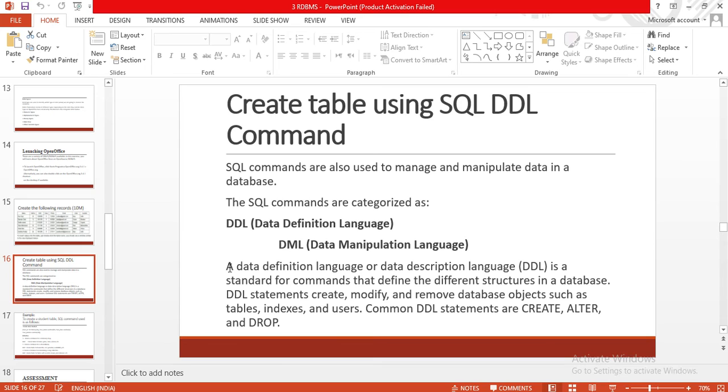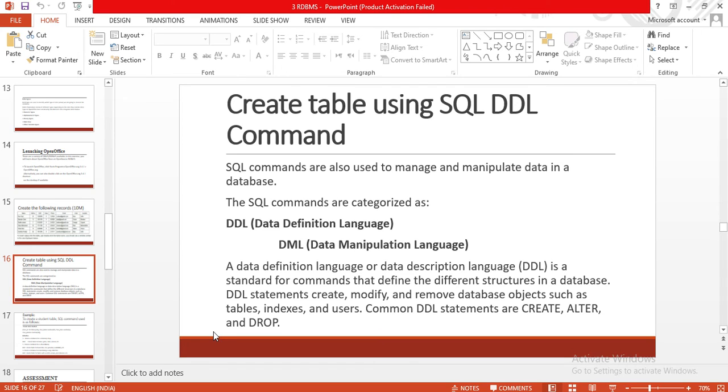The data definition language is a standard for commands that define different structures in a database. DDL statements create, modify, and remove database objects such as tables, indexes, and users. Common DDL statements are create, alter, and drop.